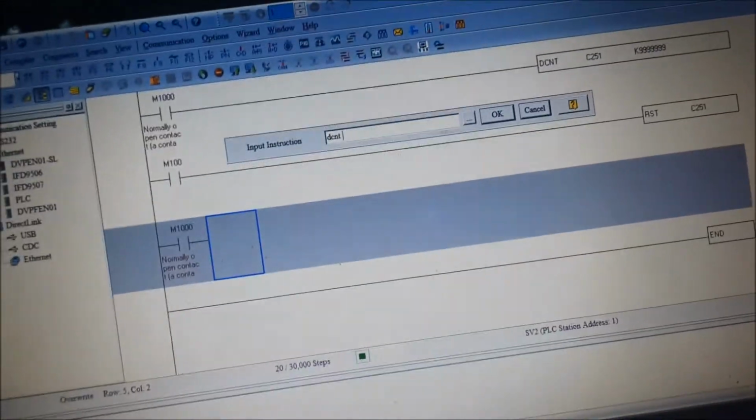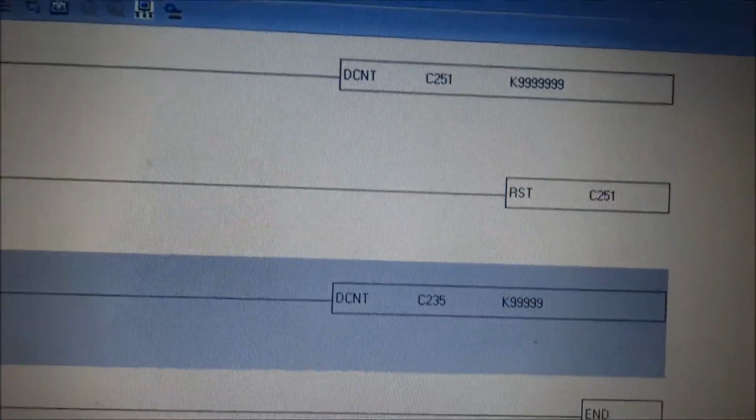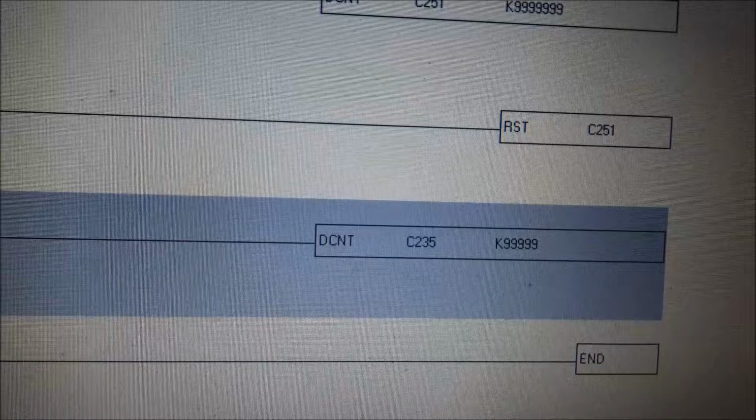I mean, C251 is already typed in the program, and again we are typing DCNT C235 K999. Already C251 is there, and now we are taking C235 also. So let's download the program and see whether it will work, or it will show halt or error.